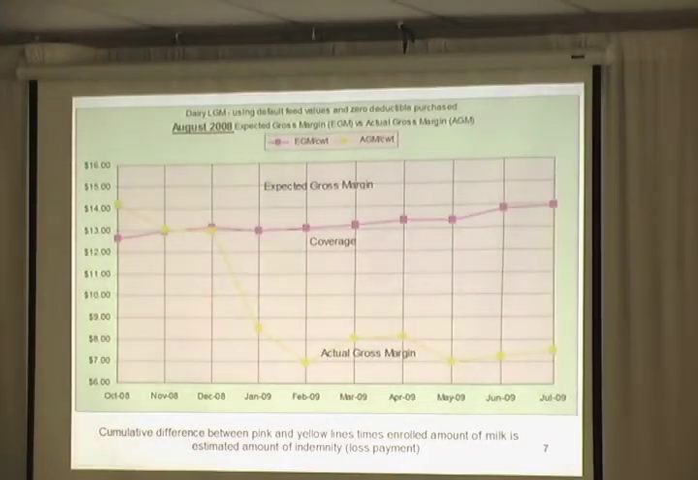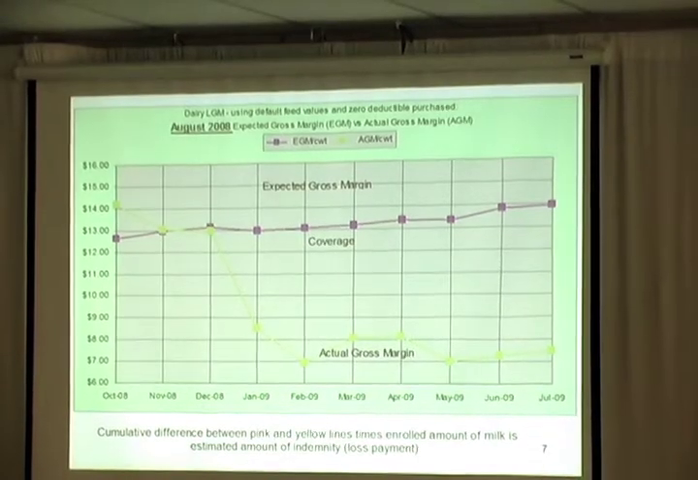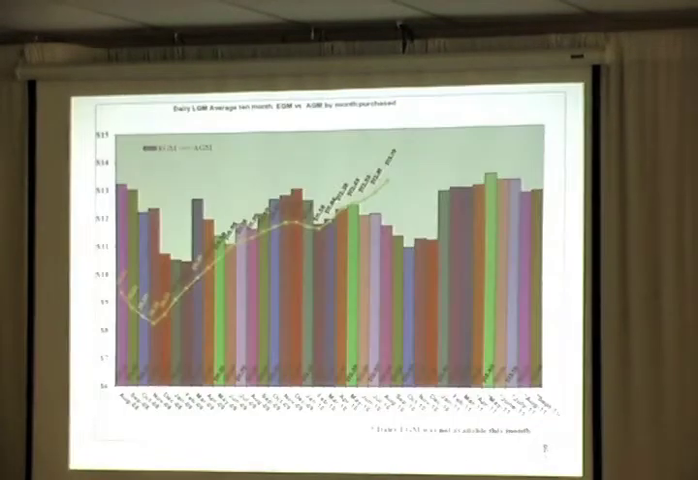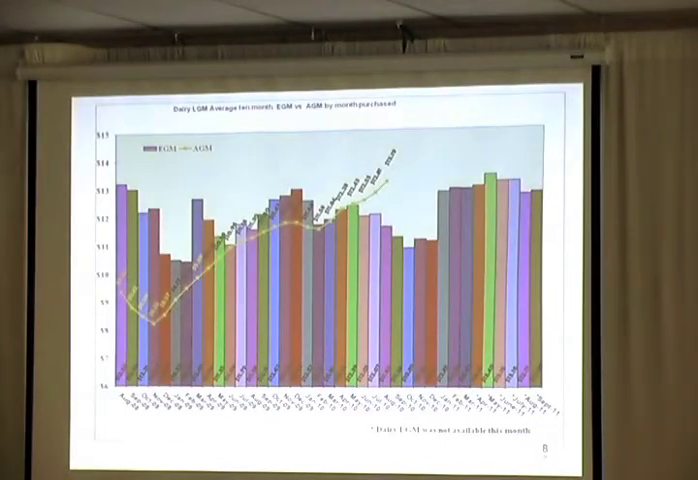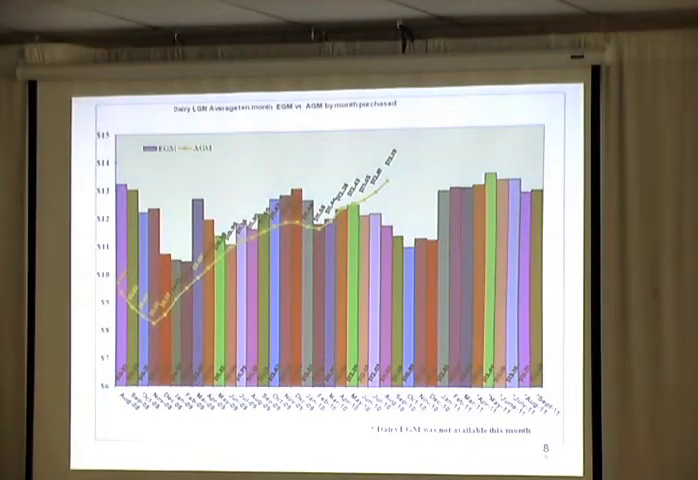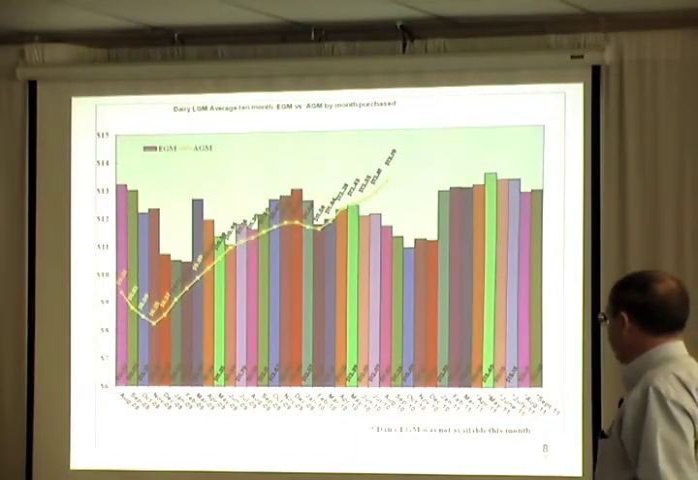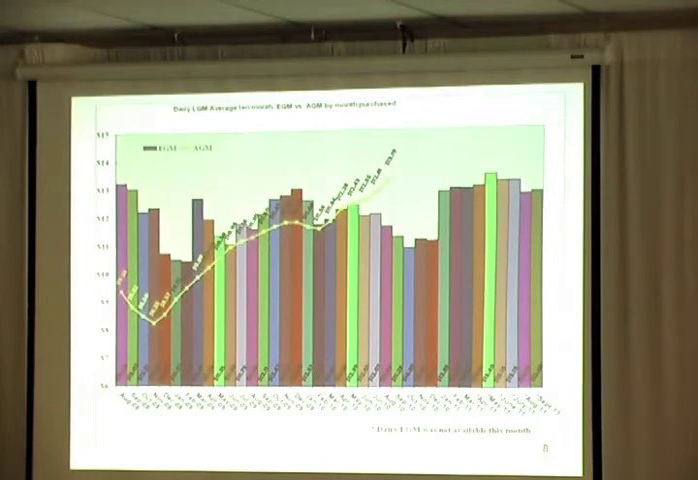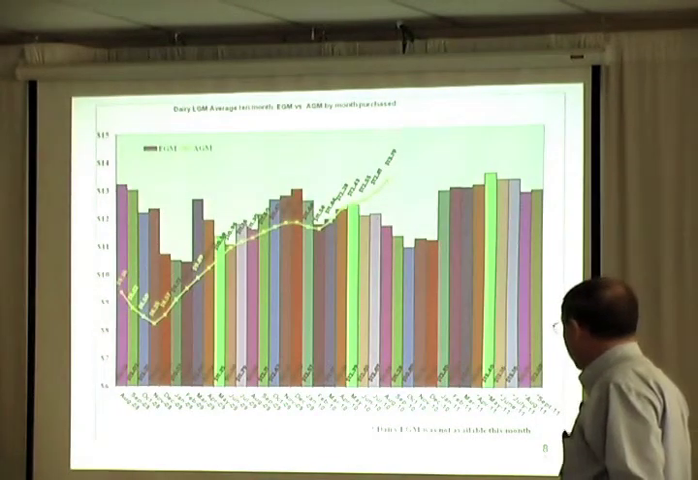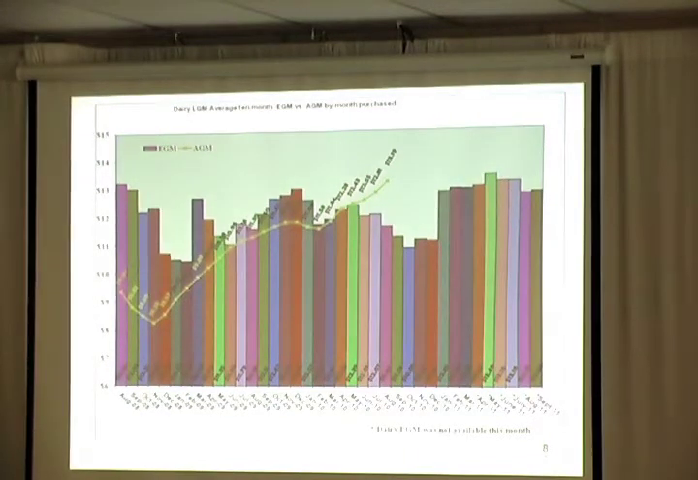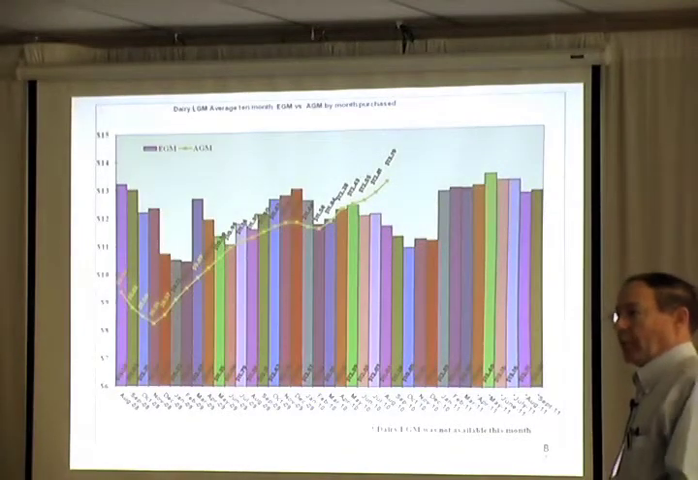So now we settle up. I'm going to take this information, turn it on its side, and you're going to look at a bar graph. Looks like this. So the average actual margin for that period, the previous slide, was $9.38. The average expected margin guarantee for that period was $13.22. And the loss payment would be the difference, which is about $4 times the number of hundredweight that I